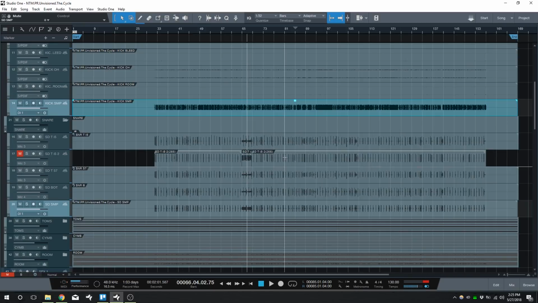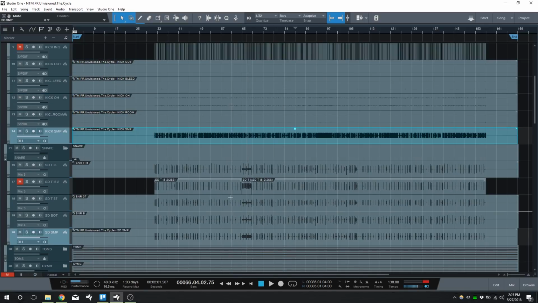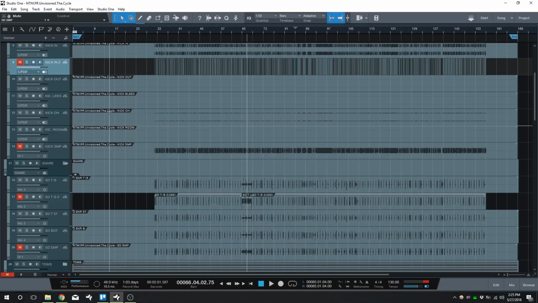Using the DreamGate method, you can actually create a transient track that allows you to emphasize that attack without changing the sound of the drum. And while that's a little bit of work to do up front, it can be really useful because then you don't have this weird issue with the one shots sounding like they do, and you still get the sound of the drum. So let's mute our sample tracks and let's see what we can do with these transient tracks